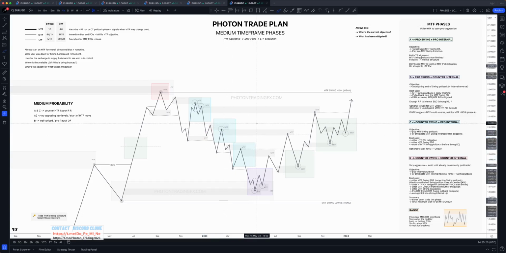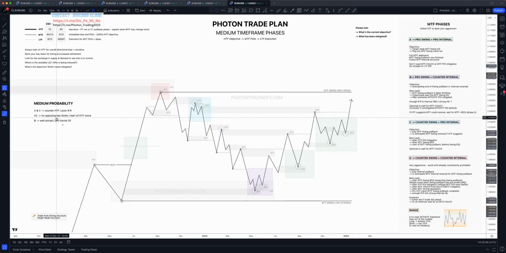It's when risk reward is on your side, or the higher time frames are really heavily bullish, or whatever. I'm not going to list every single factor here that makes a medium probability. It essentially just comes down to it being a decent trade. You should take it because there's a lot of positive confluence, but there is also a decent amount of negative confluence as well. That's essentially what makes, in my opinion, a medium probability trade. So that's phases A and C. They're my main phases that I love and the main ones that I think about.